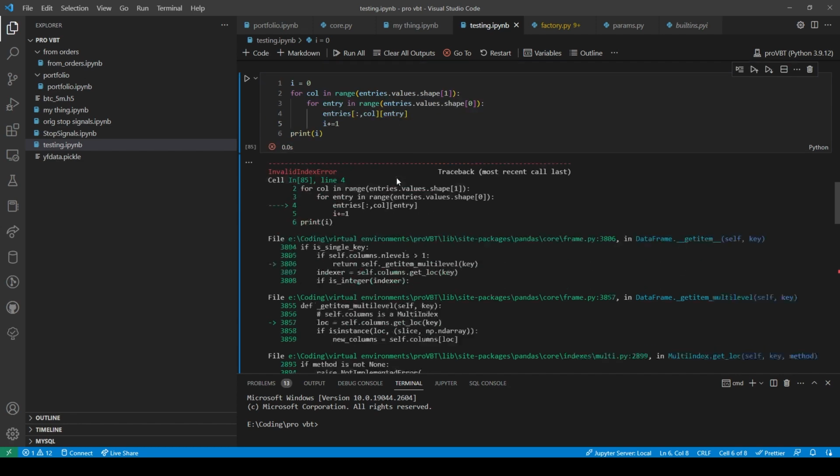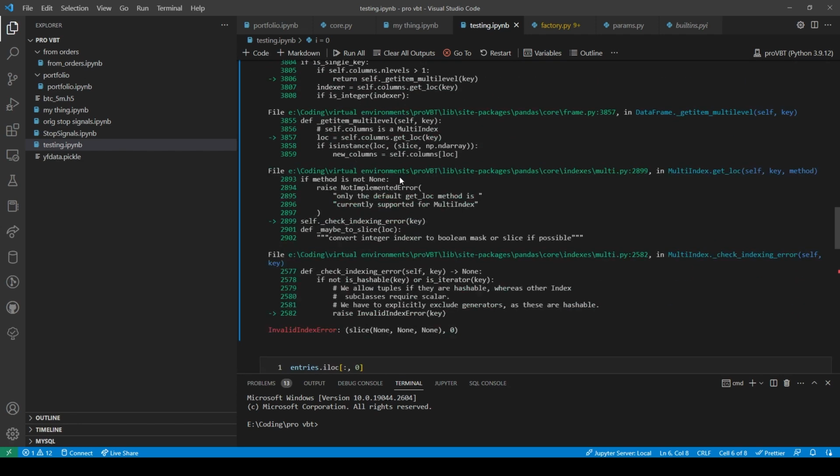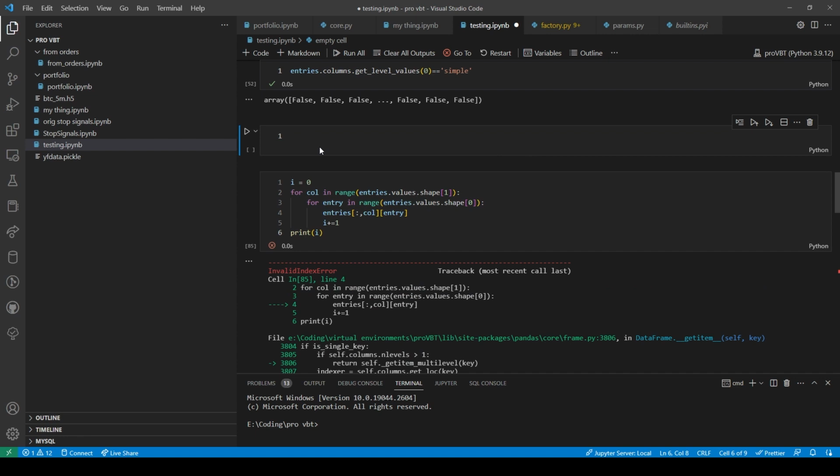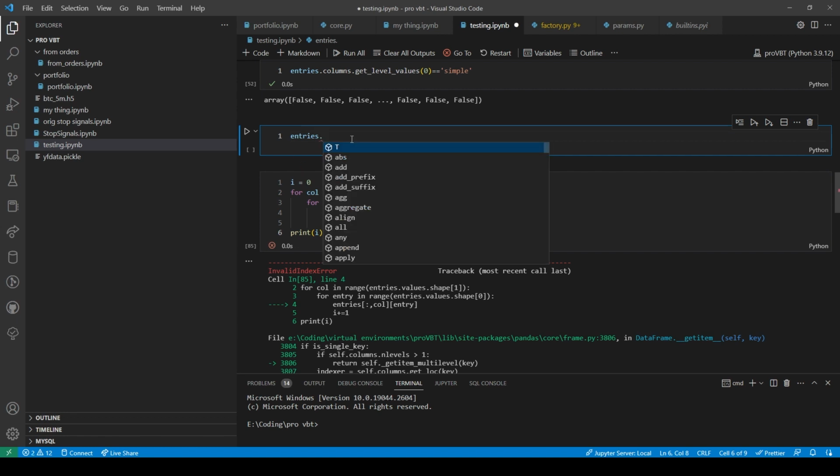Give me the entries. What does that mean? How is that not working? If I have entries dot about entries.